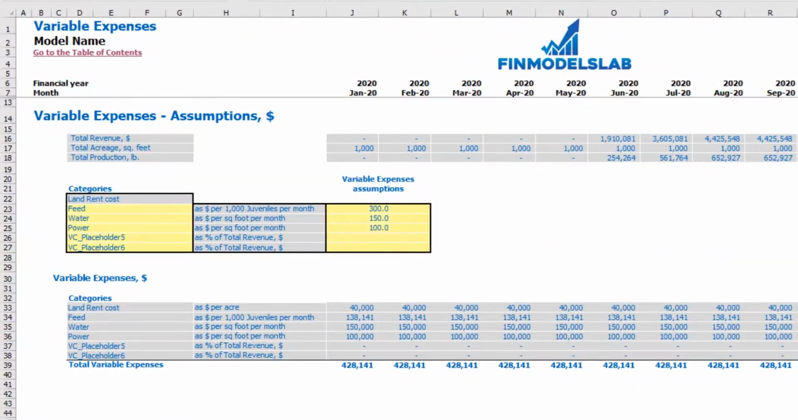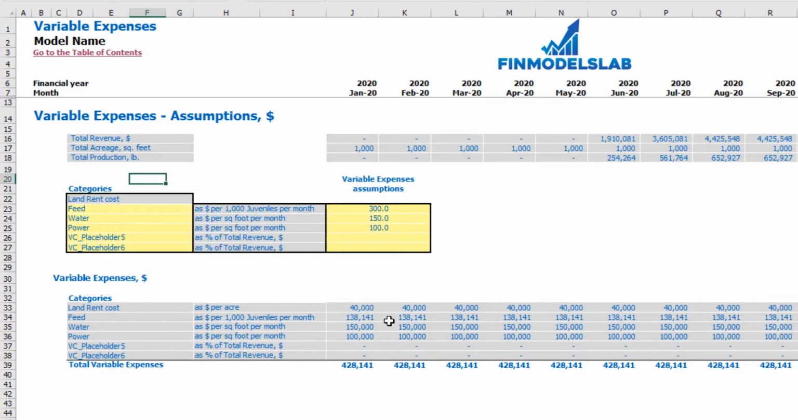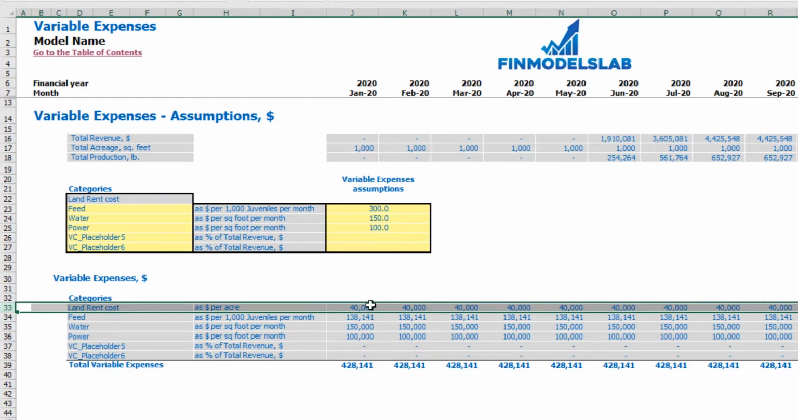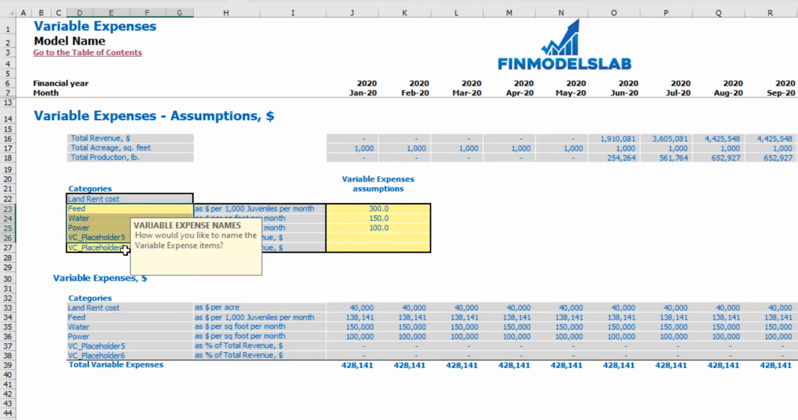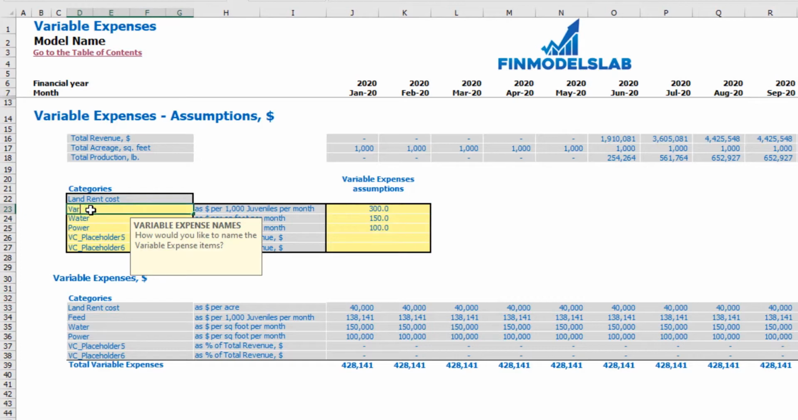On the variable expenses tab, you may see the 6 categories of variable expenses. The first one is land rent cost, which is already predefined by assumptions which you input on the dashboard, and the calculation of land rent cost you may see in here. The next 5 categories are changeable, so you may type something here, for example, variable expenses, other category or something like that,